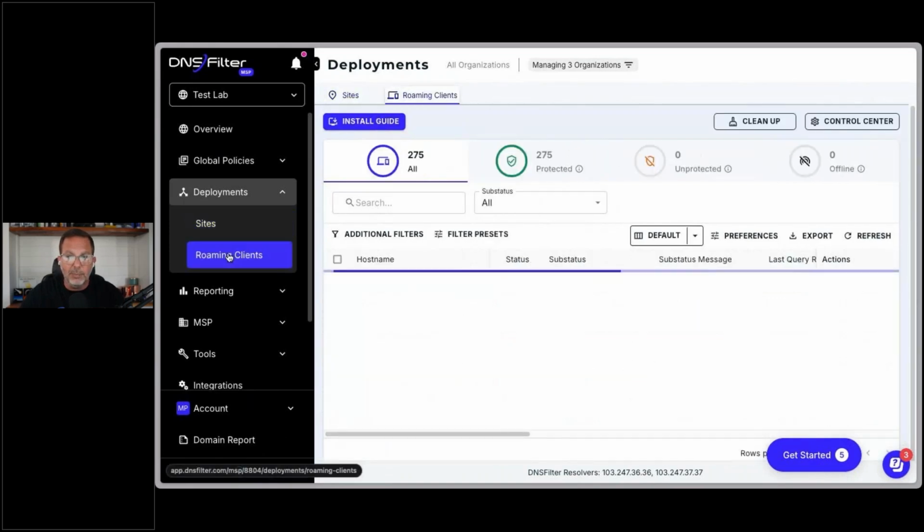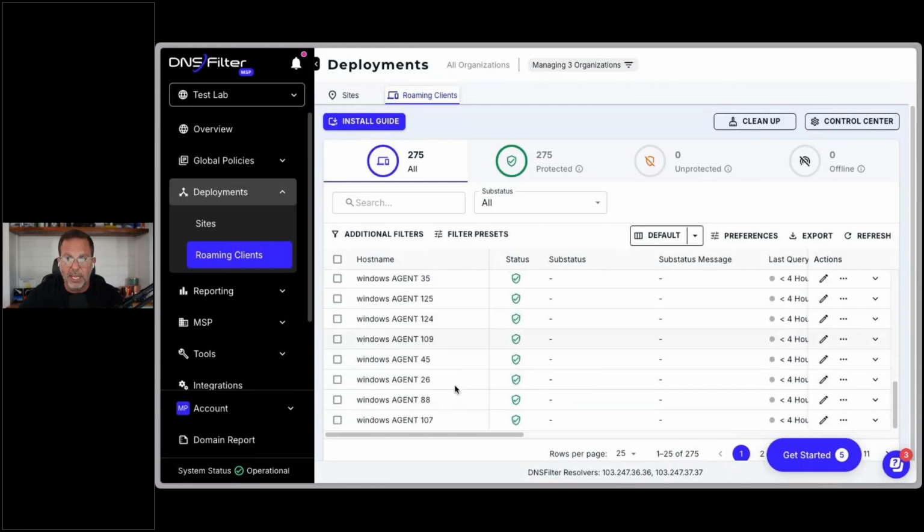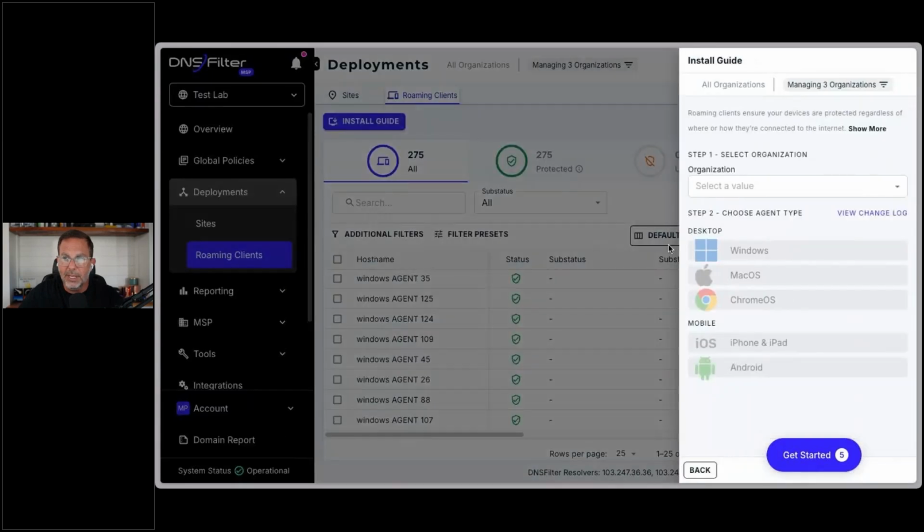And then the other deployment method for DNSFilter is our roaming client. So there's a lightweight agent for Windows, Mac OS, iOS, Android, and Chromebooks. The Chromebook one is a browser extension. It's used a lot in education for our education customers. So there are many ways to deploy DNSFilter. And here at this level, you can administer all of them, see all of them, and you can install the roaming clients